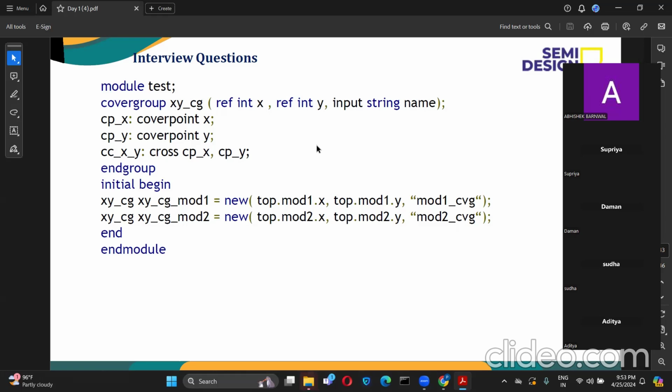Because we don't have the entire code, right? This initial begin will be somewhere else. There we are creating it and providing the hierarchy of this particular coverpoint. This is, for example, somewhere in the top module we are writing, and this we are writing in some test file, or there are some other components also. I cannot show you all the things, right? So in a small snippet we got it. You can ignore why they are not declared. Just try to understand what is the purpose of it. Okay, Aditya? But it's a good observation.